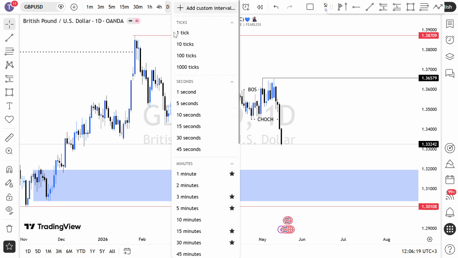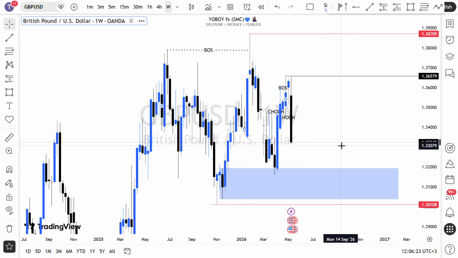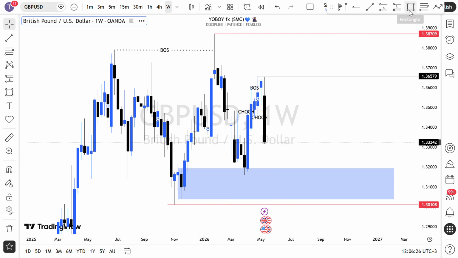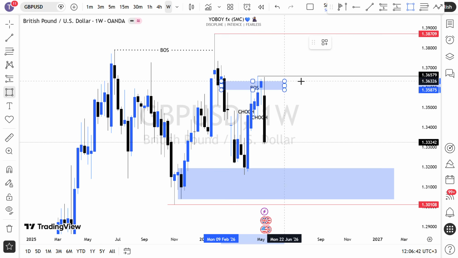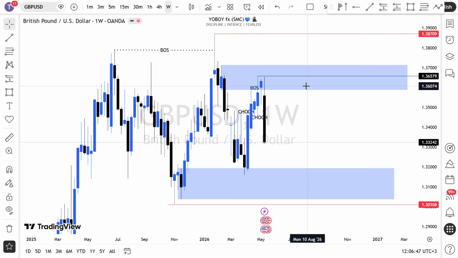But as of now, because the market is reacting from the weekly order block, I think we have a very massive selling candle, and that indicates to us that price might look to go even lower and clear this low as well because of this massive selling candle. So price reacted from this weekly order block. So that is where this massive selling is coming from.